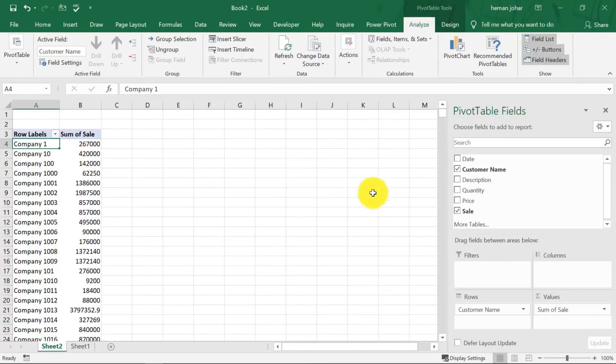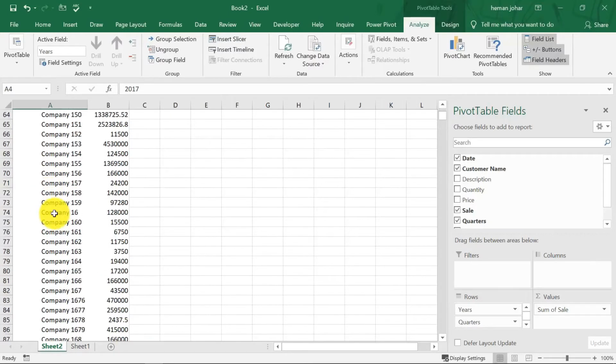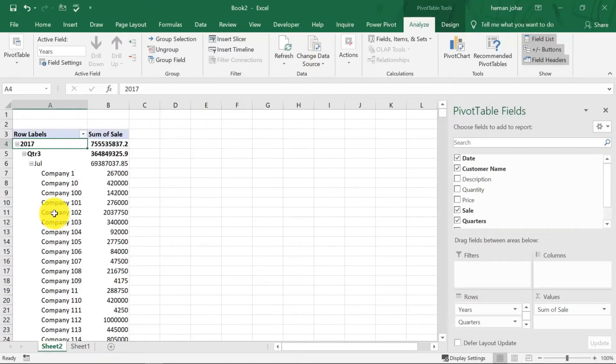Now I can also get the dates. This is where it is going to look interesting. If you see, my data is showing the years, quarters and months. Why? Because I have enabled the grouping feature.